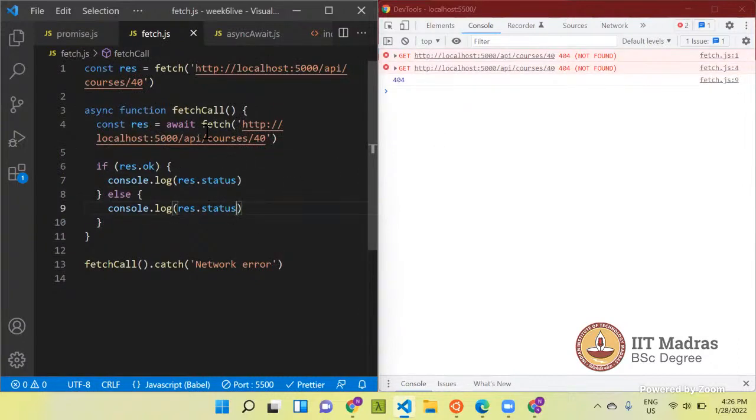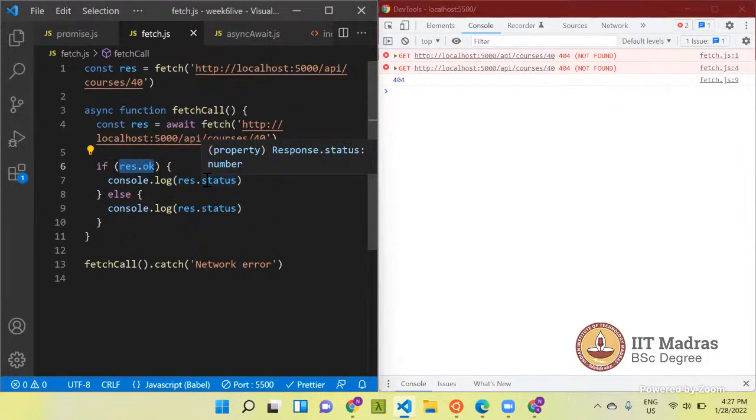So you see, this fetch returns a promise, and whatever value that promise resolves with will be stored in the res variable, and that is a response object. Response object dot ok returns whether the status code of the response was between 200 and 300.